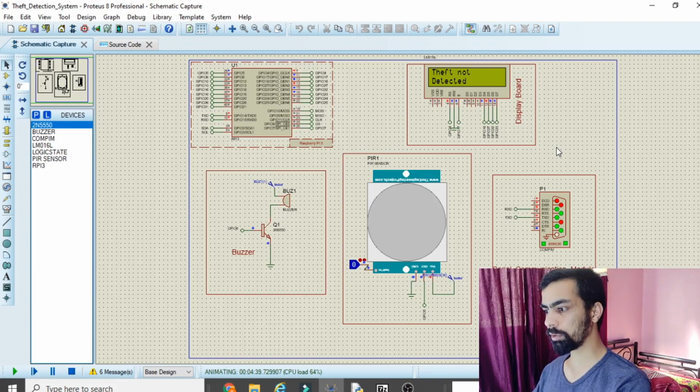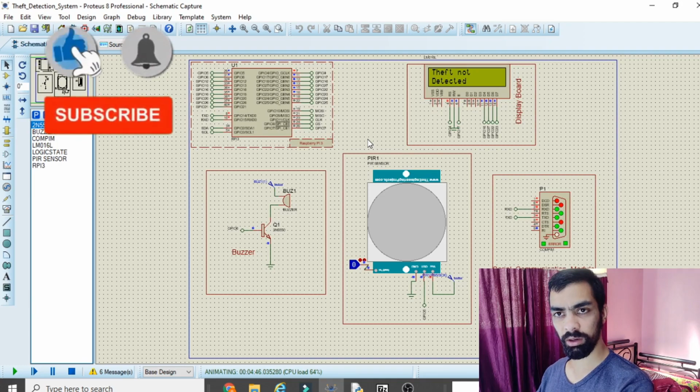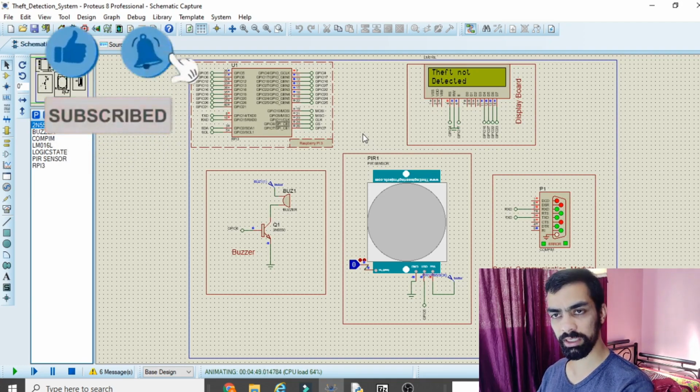Hello friend, in today's video we will learn how we can simulate the theft detection project by using Raspberry Pi in Proteus software. So in this project we will learn how to create the programming for this project, and the main important part of this project is when the PIR sensor detects a person, then automatically a live image is captured and that live image is sent to the user's mail ID. So it is a very interesting and amazing project. So please watch this complete project so you will get an idea about each and everything.